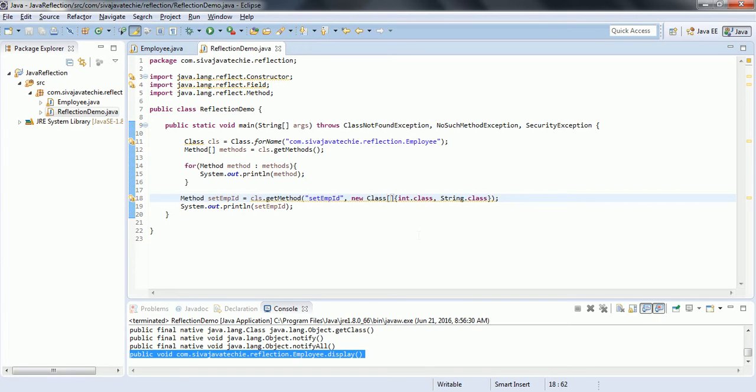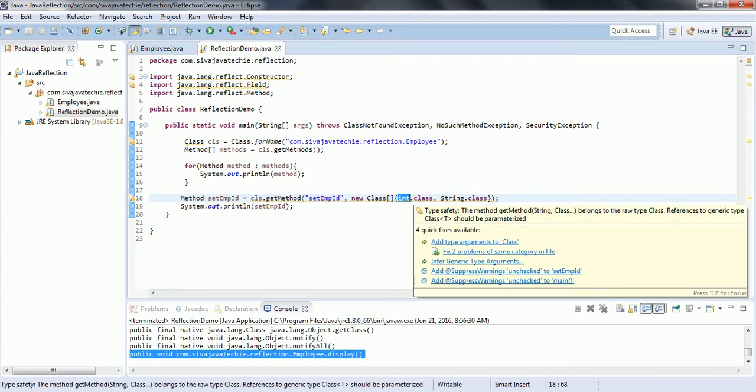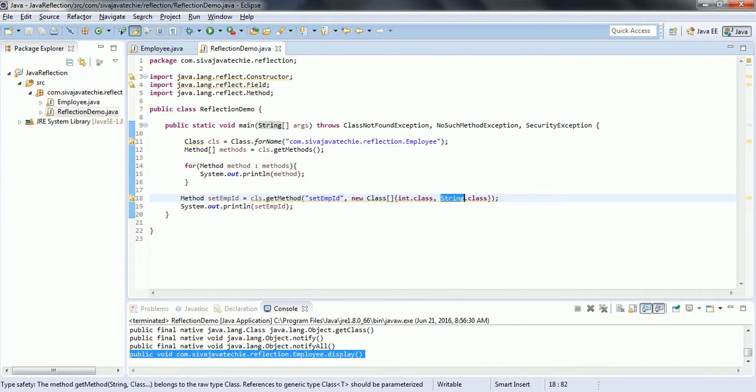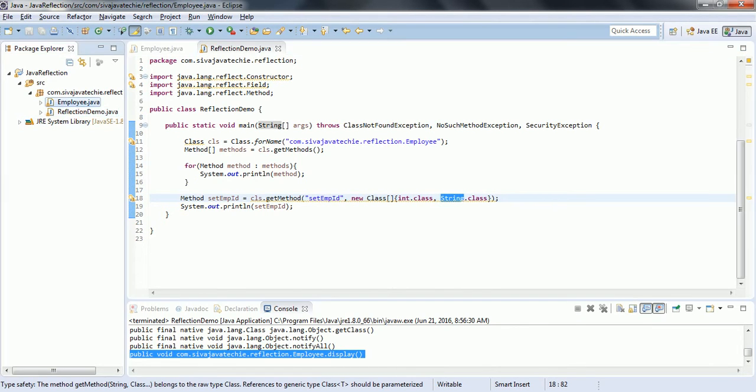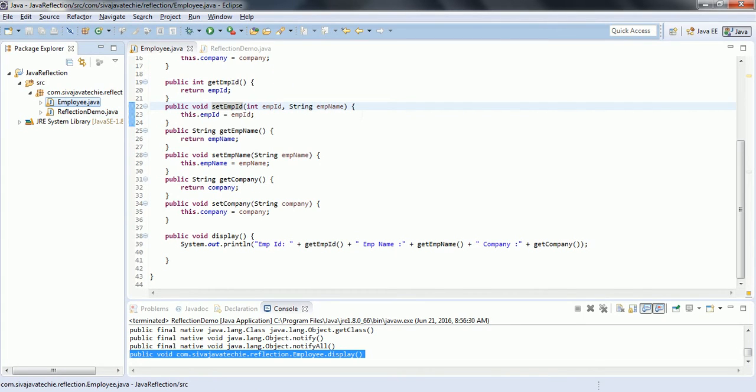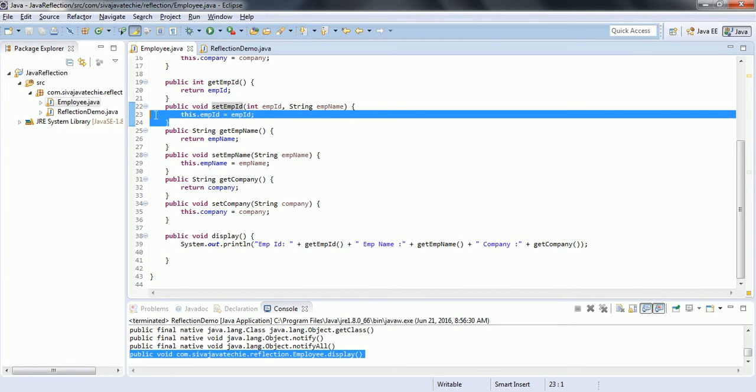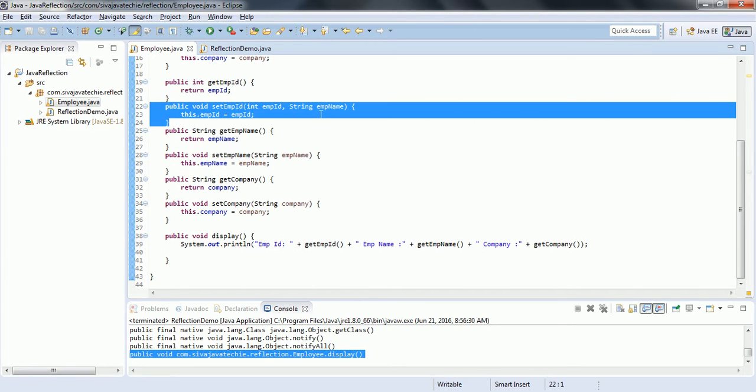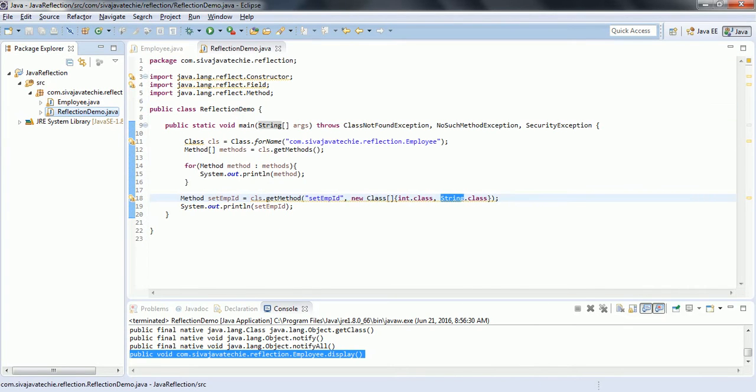Now it is going to identify the method name which has set employee ID, and it looks for the parameters, so an integer and a string. It goes to the employee class and identifies the method which is declared with these two parameters, int employee ID and string employee name, and it is going to return that method.